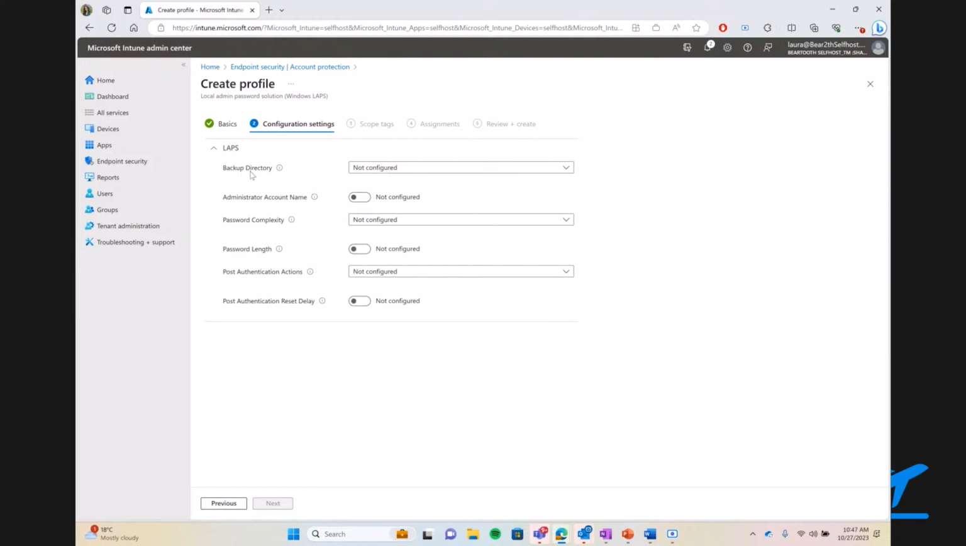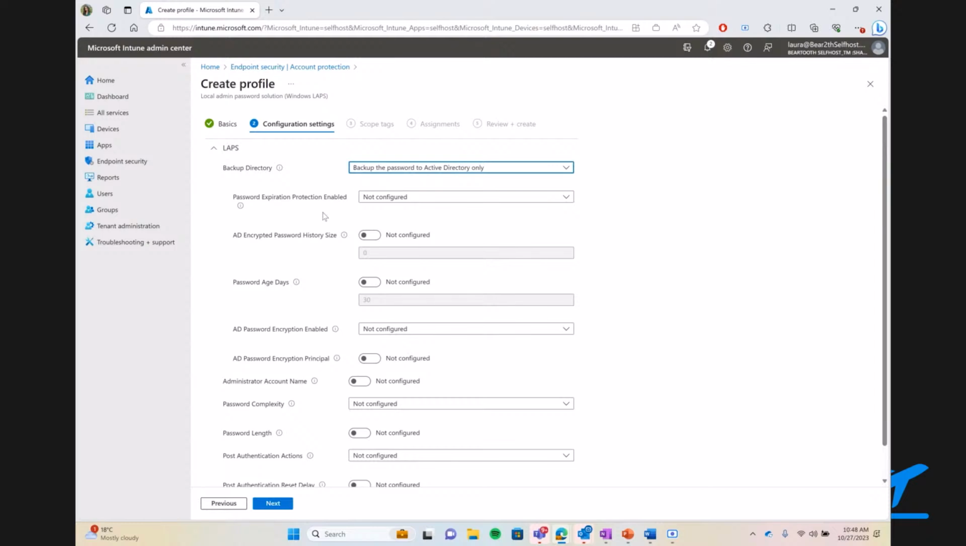So first off, I can select where I want to back up the password to. I have different options. By default, disabling this won't be backed up. But then I also have the option to do this through the cloud or maintain this to be on-prem. Once I select, let's say, the on-prem version, this will inform the settings that I have available to be configured